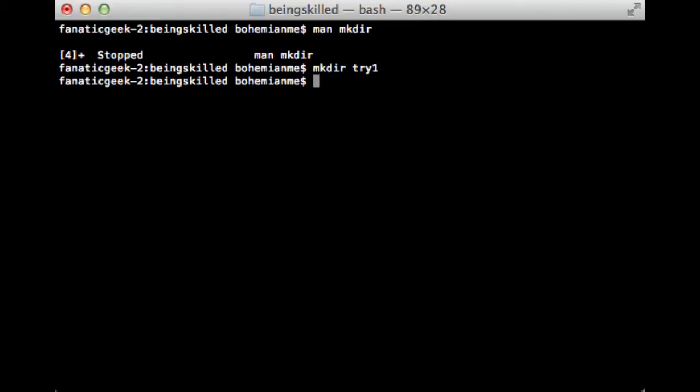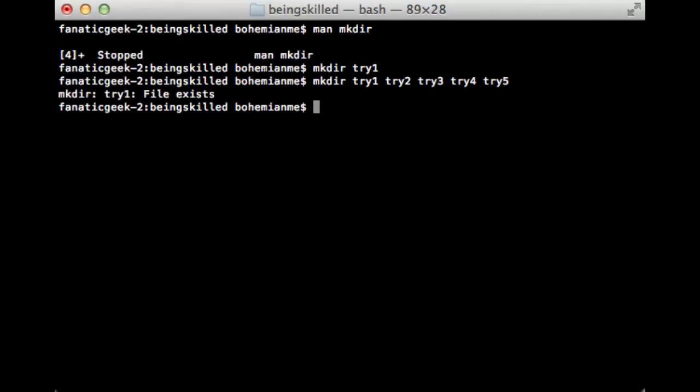It's very easy. Now let's try to create multiple directories at once. So just type mkdir try1, try2, try3, try4, try5. Now 5 directories are created.